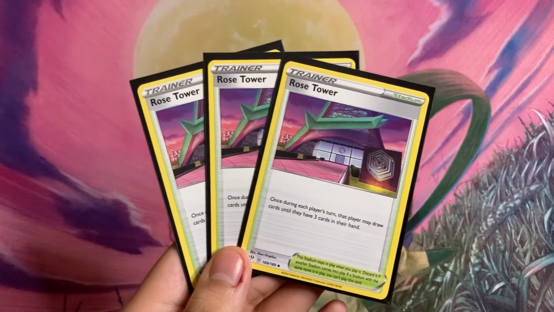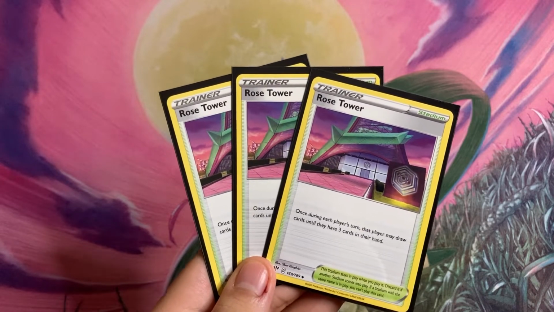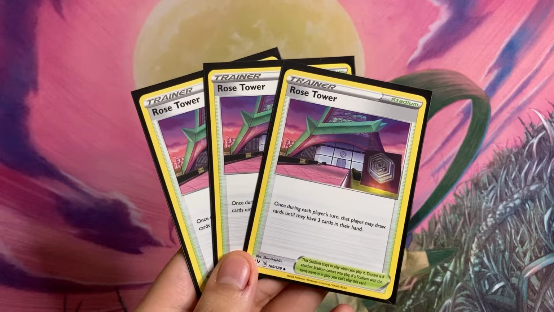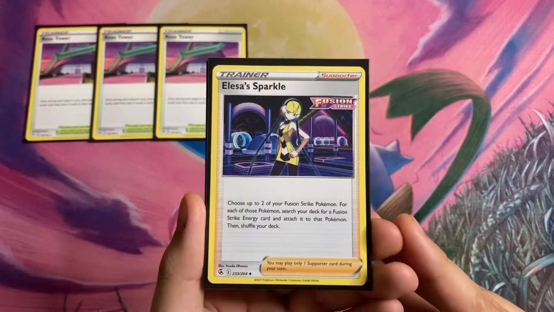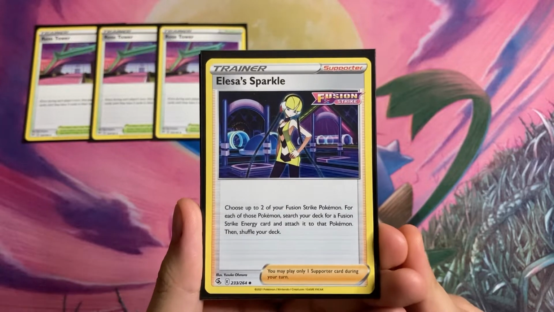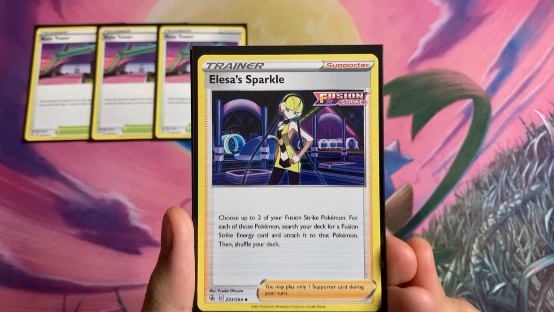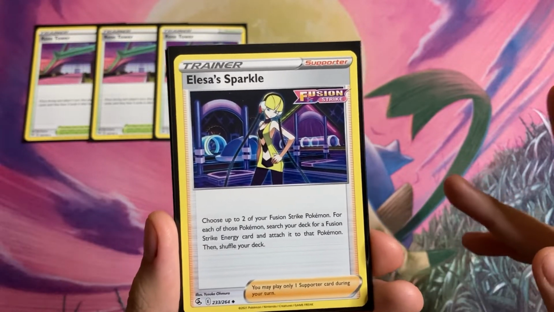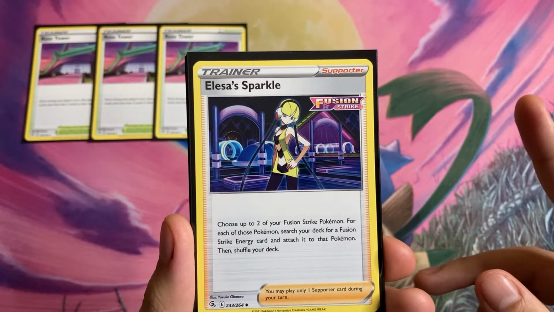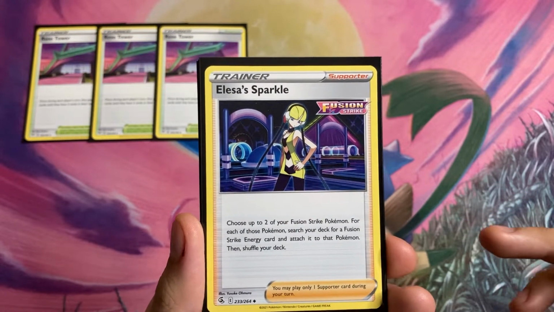But the 3 is good as long as you don't play them prematurely against decks that play Path of the Peak. Next up, we have SLS Sparkle. Choose up to 2 of your Fusion Strike Pokemon. For each of them, search your deck for a Fusion Strike energy card and attach it to that Pokemon, then shuffle your deck. So you basically get to cheat out 2 Fusion Strike energies, which really helps with Meloetta turn